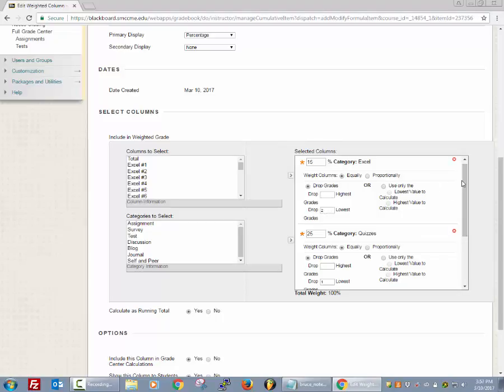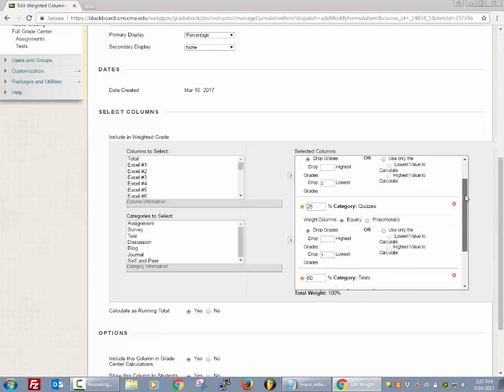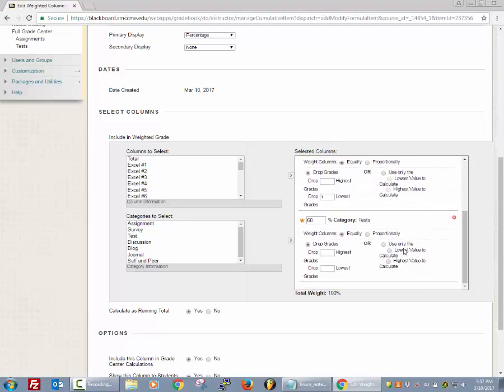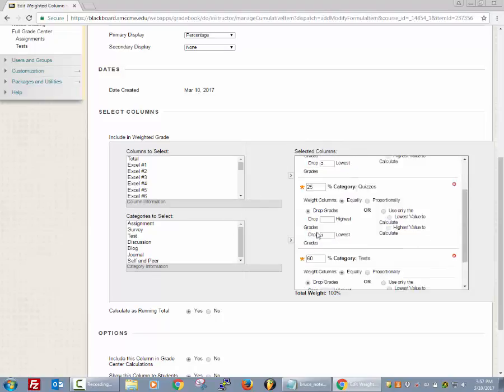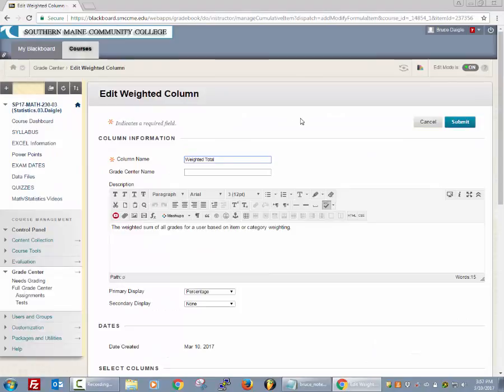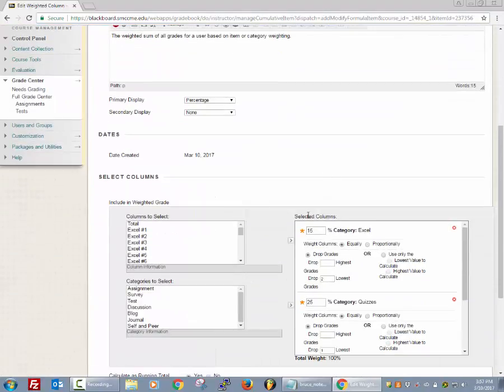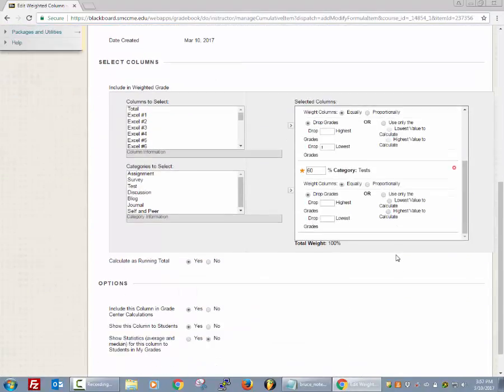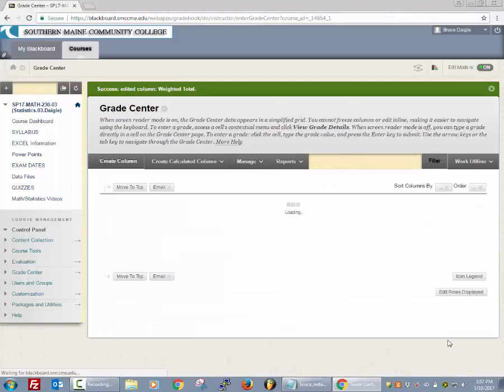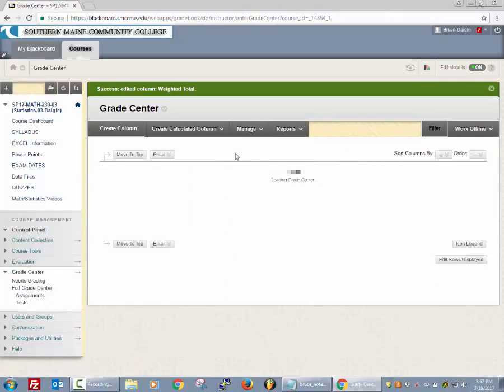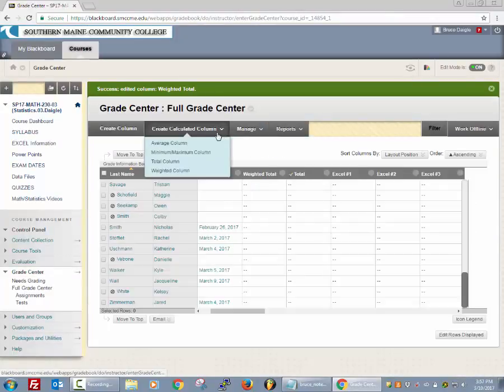So this is where you change your lowest grades being dropped and the percentage of each one's worth. So that's where that would happen. And again, that's edit column information. And if you need to pop anything in and out of a category, something doesn't calculate properly, if you want to count something,